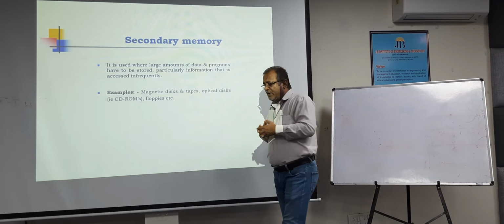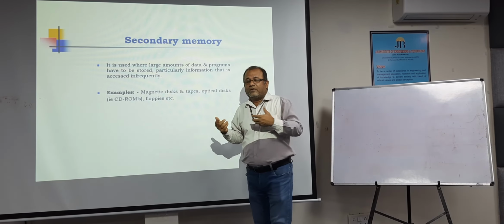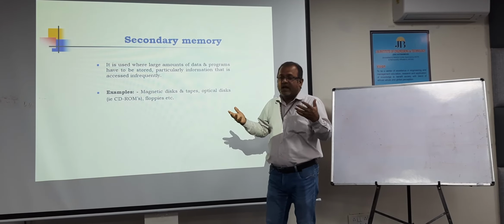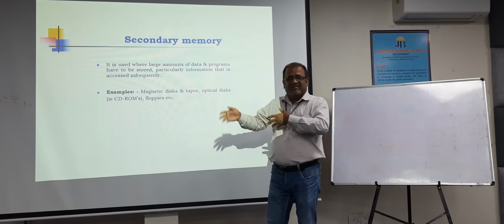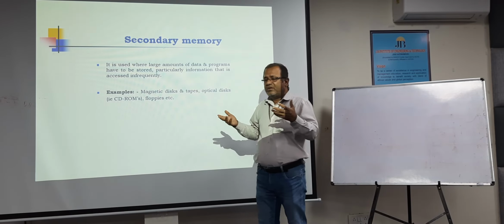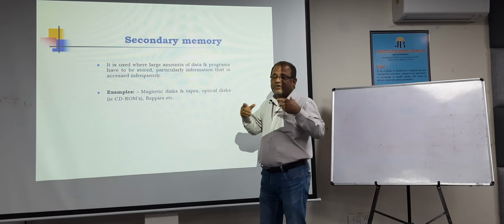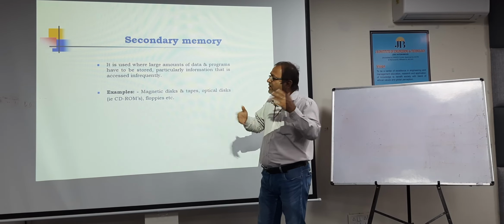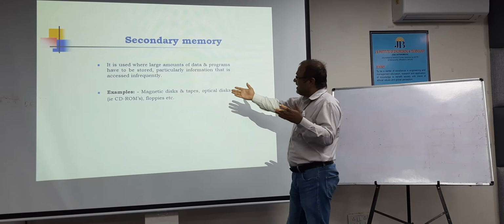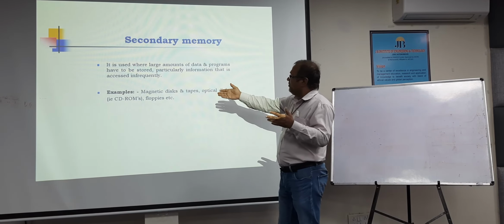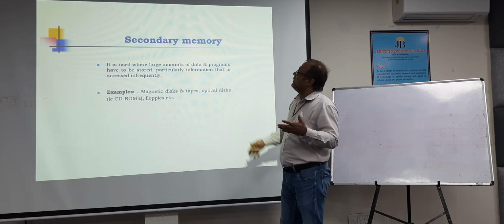Now again, I told you that we don't have a single memory which is very fast and has more space. So we have cache memory, registers, and then pen drive, so that the cost and the speed can be balanced in that sense. Now secondary memory is your CD-ROM or pen drive, those things.